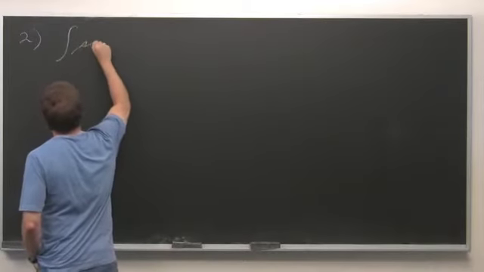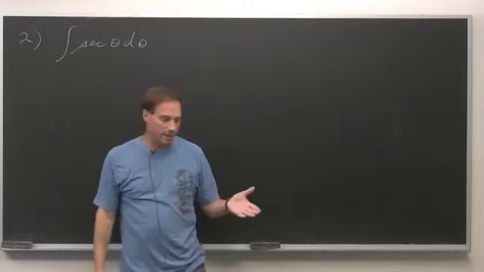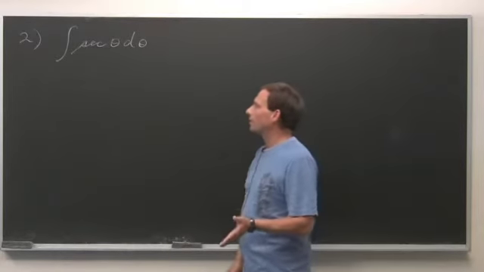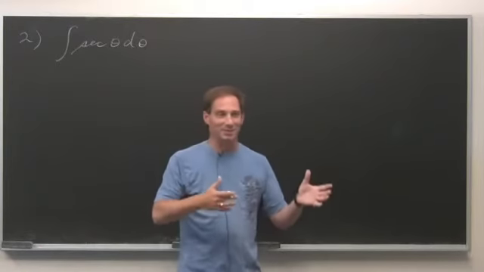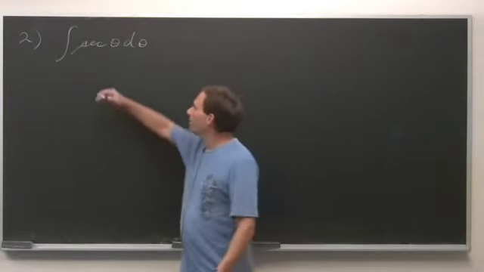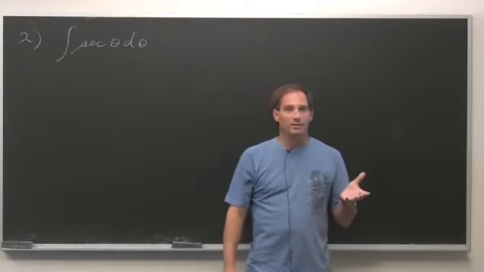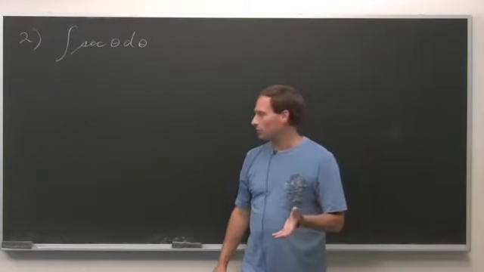Let's look at one that's significantly more complicated. It might not seem like it should be any worse because there we had the integral of tan theta, now we have the integral of secant theta. How much harder can it be? Significantly harder. And since I know the answer, I could just give you the answer and then we could verify that it's correct by differentiating it and making sure we get secant of theta. It's a little unsatisfying. We'd like to have an idea of how someone came up with this result. So